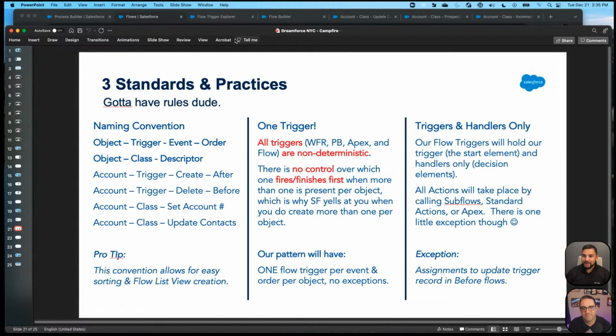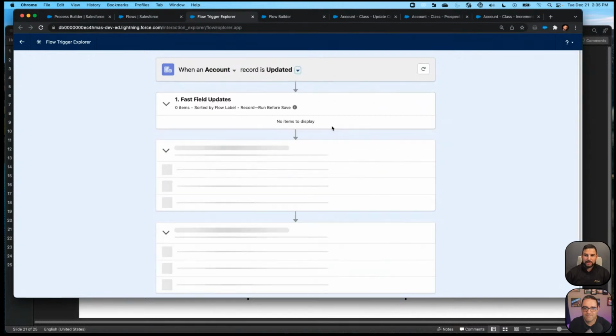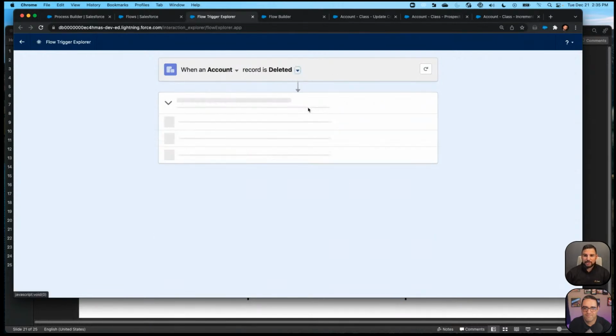Salesforce is actually going to make that a little bit easier for you too. There's this new thing called the Flow Trigger Explorer that'll actually show you which before triggers, which after triggers, and which asynchronous paths on your flow triggers happen when a record is created, or when a record is updated, or when a record is deleted.